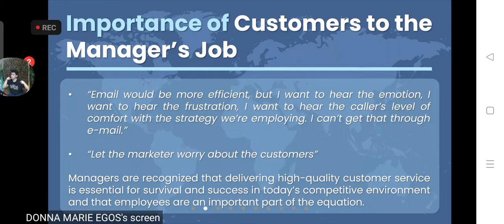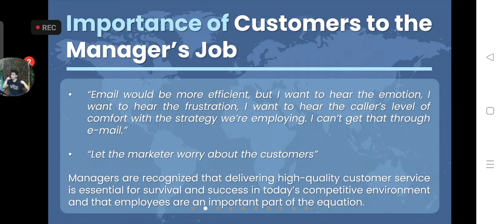Macasero. So this kind of manager understands the importance of customers. Without the presence of customers, most organizations would cease to exist because why would you sell if you have no customers to buy your products or avail your services? Yet focusing on the customers has long been thought to be the responsibility of marketing types. So next quotation is, let the marketers worry about the customers. It is how many managers felt, and the employee's attitude towards their customers can greatly affect the satisfaction of customers